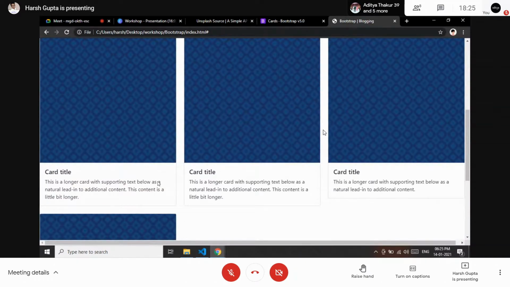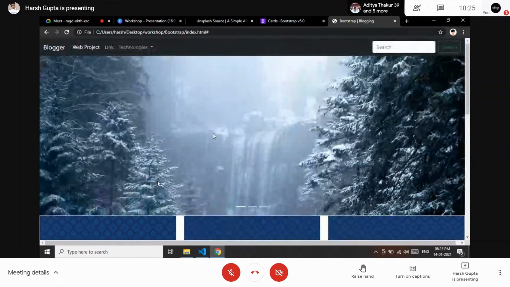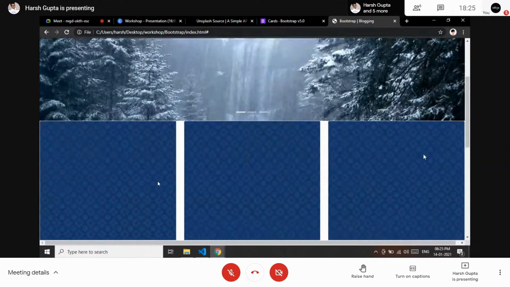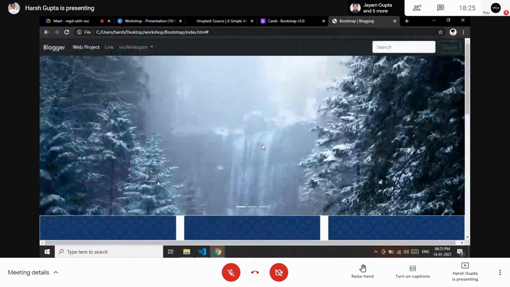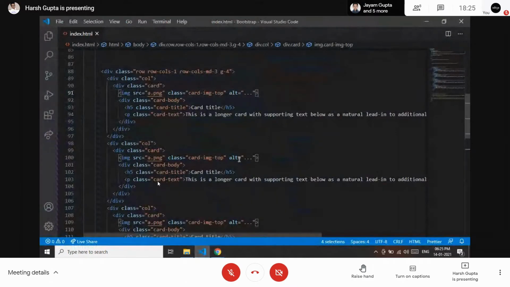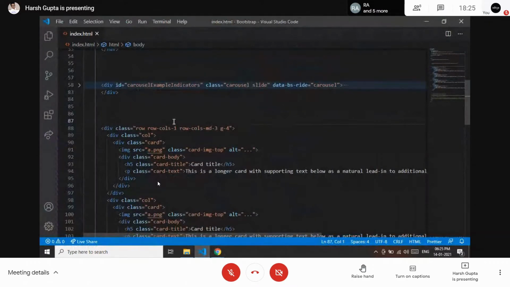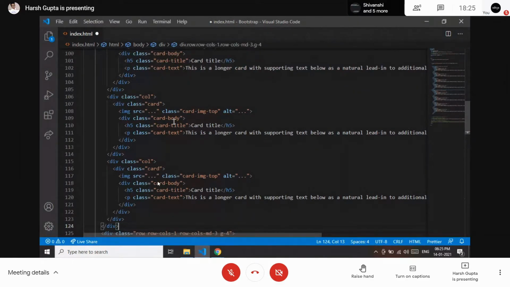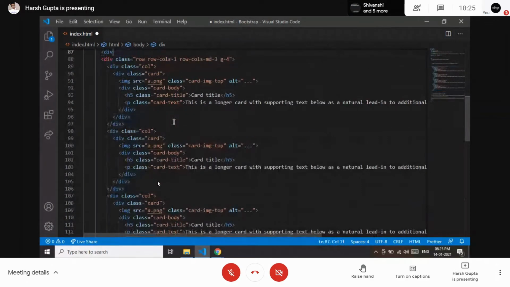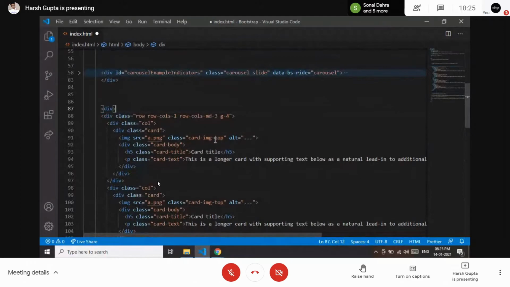Right now it is looking a little ugly because it is attached to the carousel and to the border itself. We also have the Bootstrap power, so we can change it by applying a div.